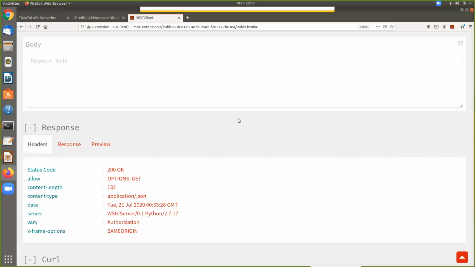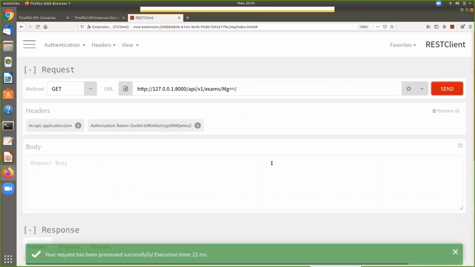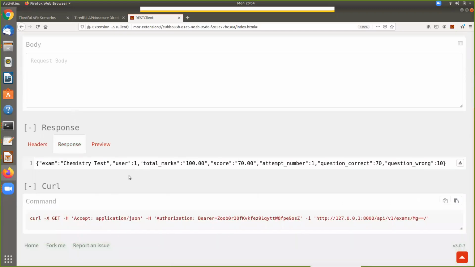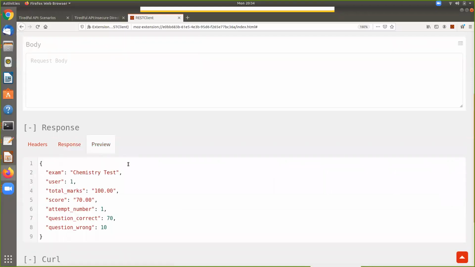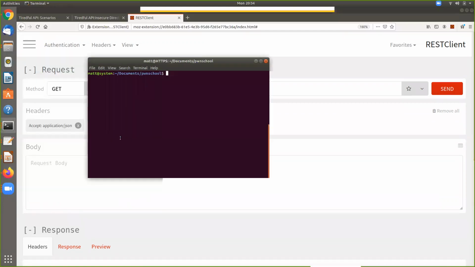And it gives us some of the test score information. So good stuff. The other one they gave us was capital M, lowercase g equals equals. And we run that. And again, status code looks good. We go to the response, and this time it's a chemistry exam rather than a physics exam, but we're still user 1. Again, this is stuff that logged in as Batman we should have access to, so this is okay. One of the things that is interesting is when you start seeing equal signs at the ends of strings, that's usually a pretty good indicator that it's base64.